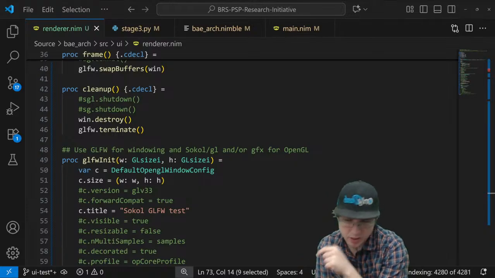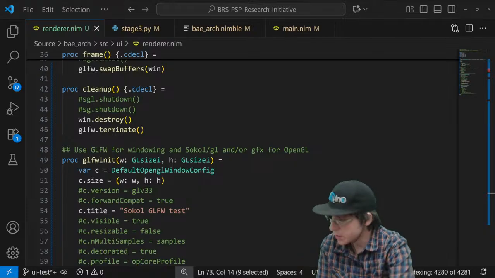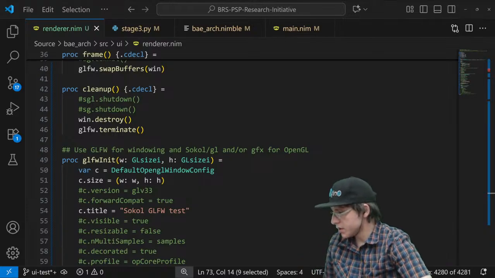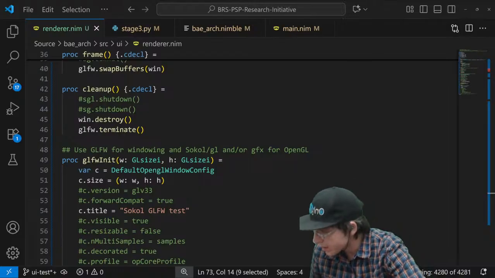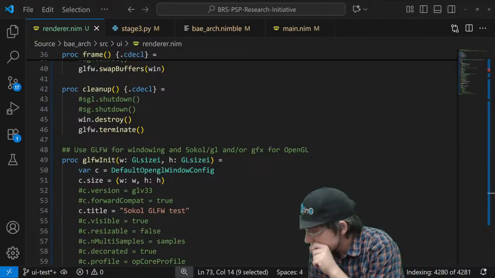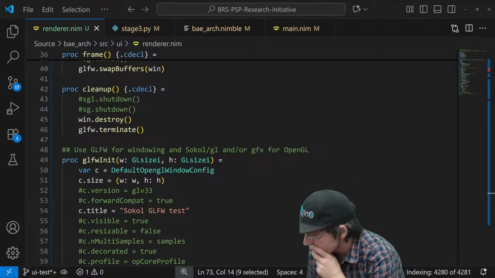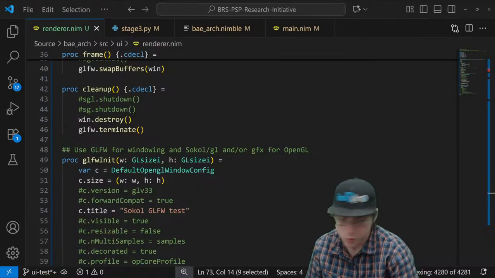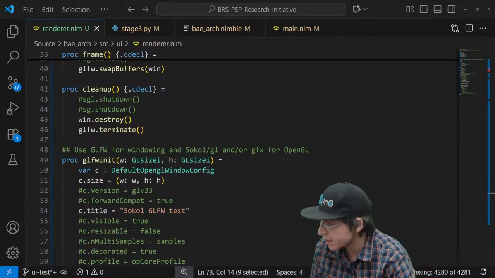Let's do mouse button callback. No. Let's go ahead and just do. Alright, how do you do window close callback?